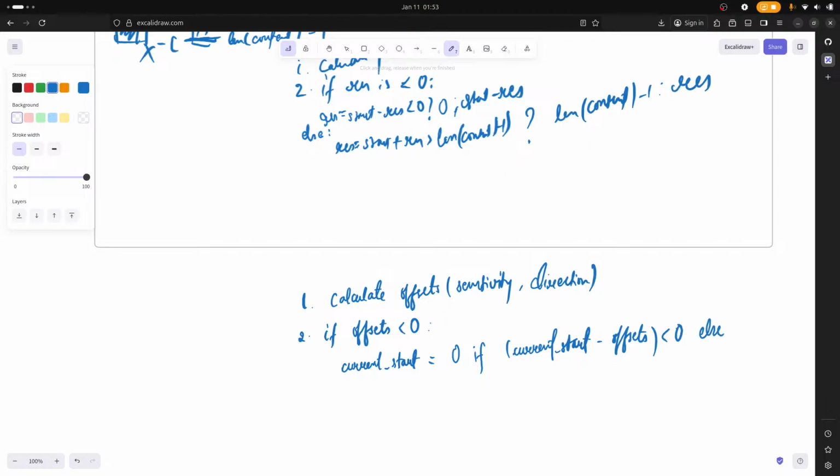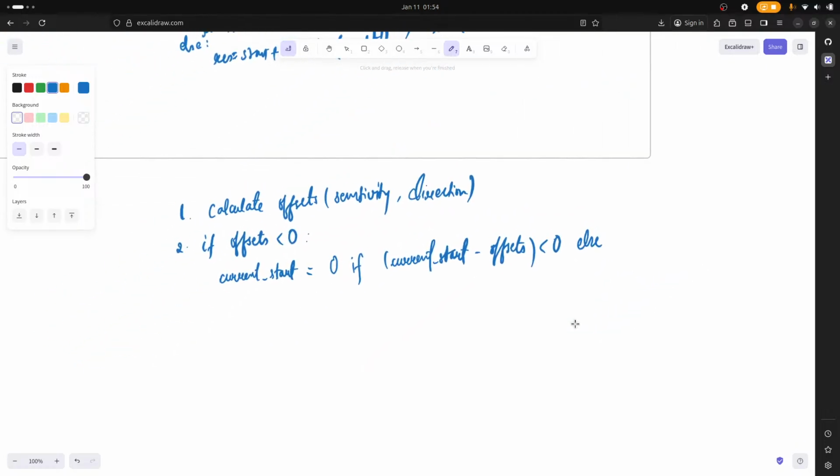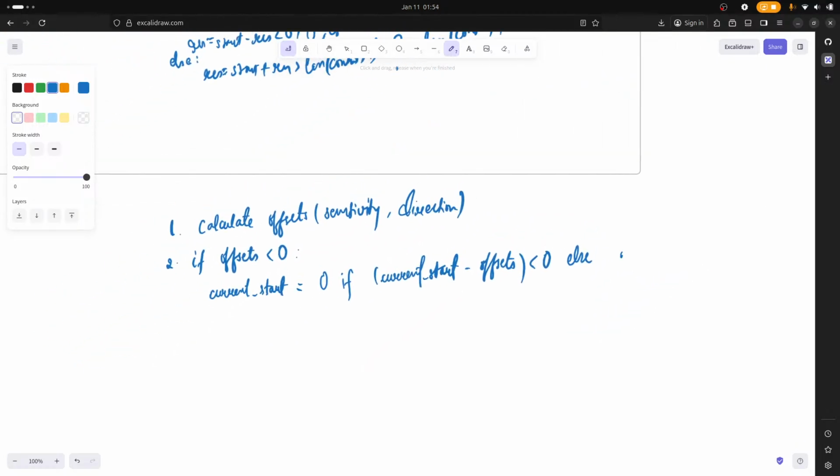Else, if that's not the case, then the current start would be... else, current start would be just that only. No, current start would be offsets, basically f0, if that's the thing, and else we'll just go there. Yeah, that's the thing. Now if the offset would be that, then